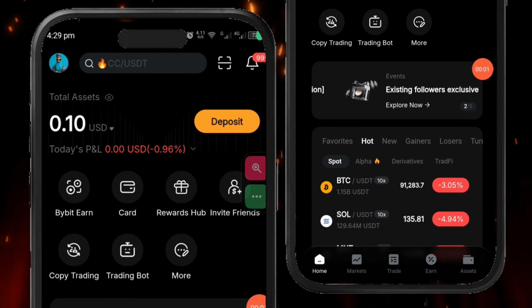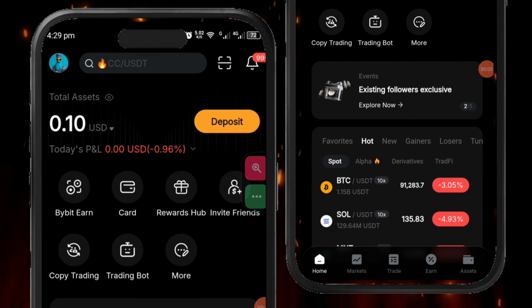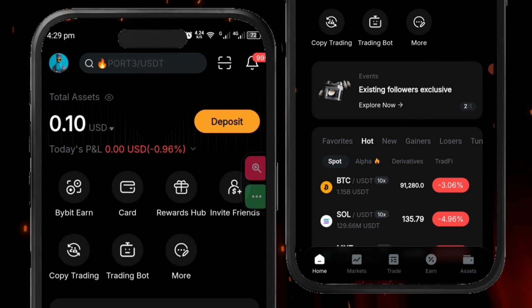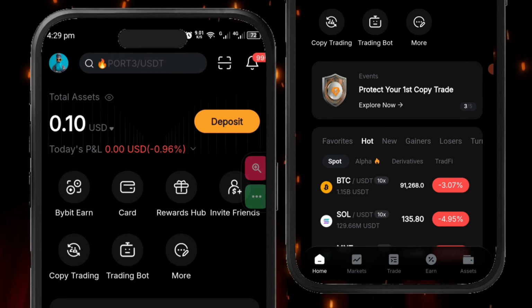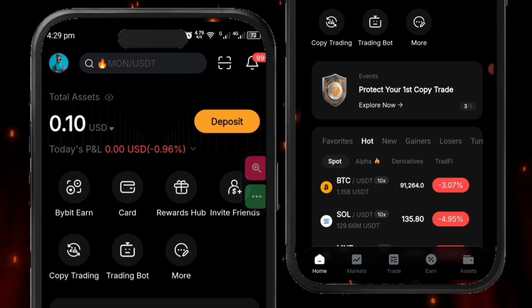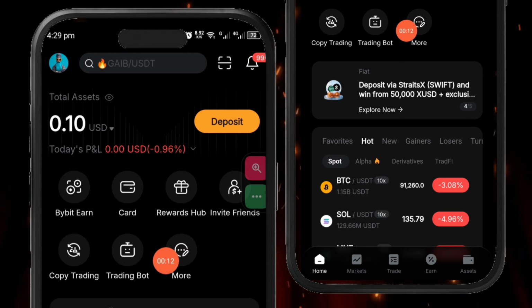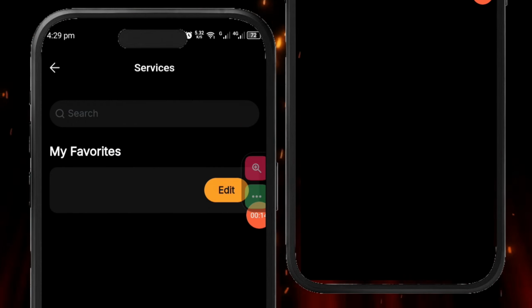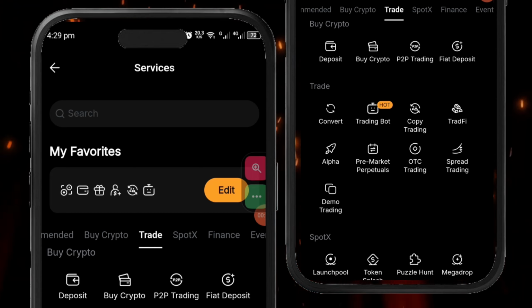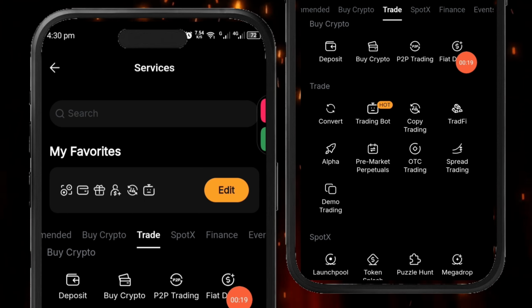Welcome to this video. This is how to connect your Bybit account to your MT5. So now this is your Bybit account. As you are on your Bybit account, what you want to do is to click on more. When you click on more, you're going to allow it to load. Then come to this icon that is saying